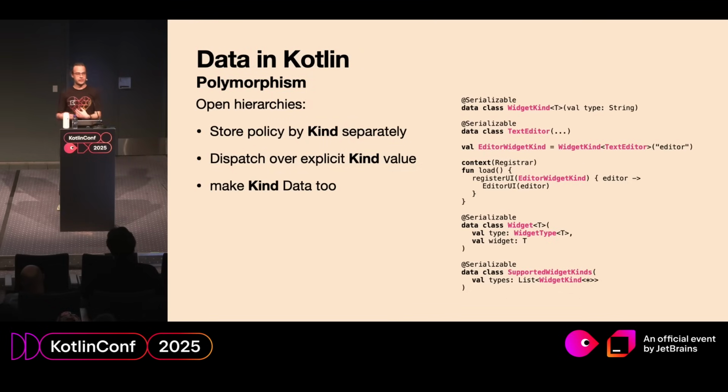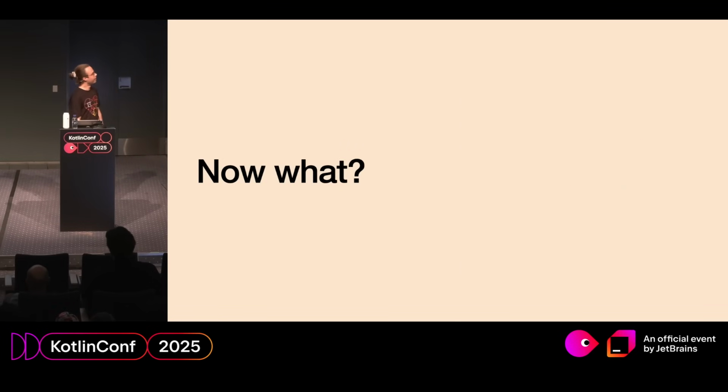We create this dispatch value to be also data. That is very important. Do not use KClass for dispatch, because KClass is not data. This way we can say the polymorphic pair, like widget, built from widget type and the T itself, is also data. And a list of all supported widget types becomes data. So it propagates further and it's just good. So we worked hard and broke our habits a little bit. What properties do we get from that?